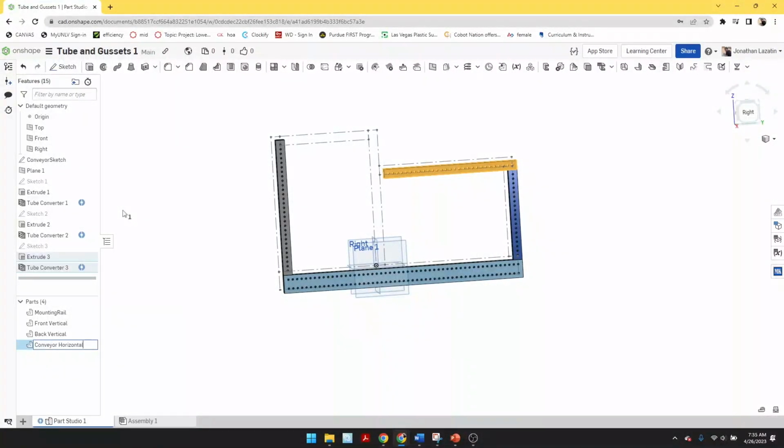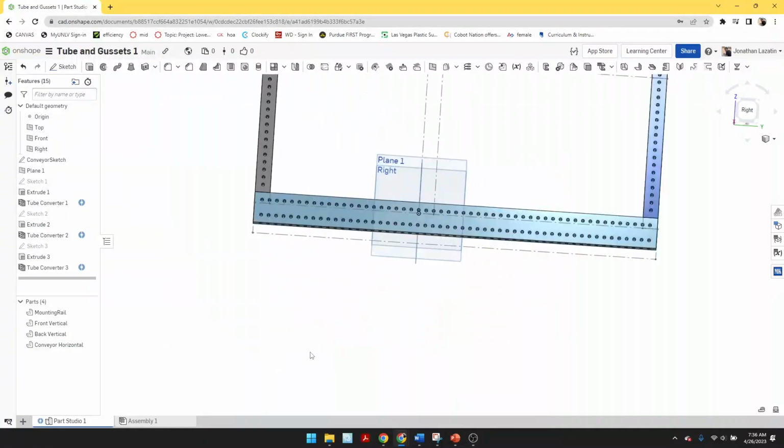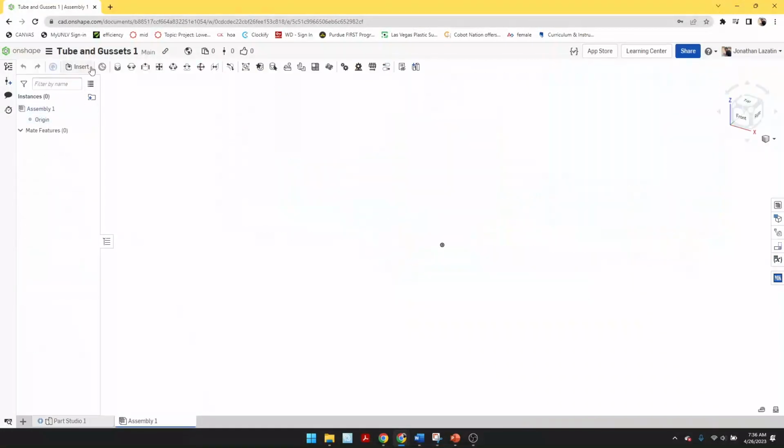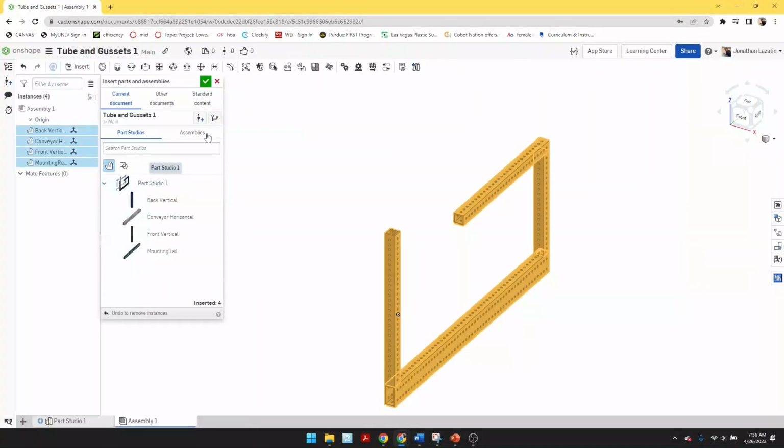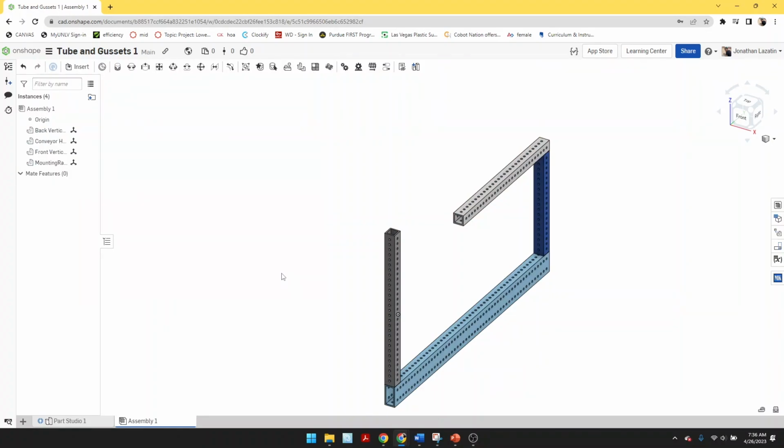Now, if your team does like part numbers or stuff like that, you could also rename them based on part numbers too, just however makes sense to name them. This is just going to be easier for putting together this assembly. I'm going to drop everything in, and then I'm going to actually fix the mounting rail tube so that everything kind of gets